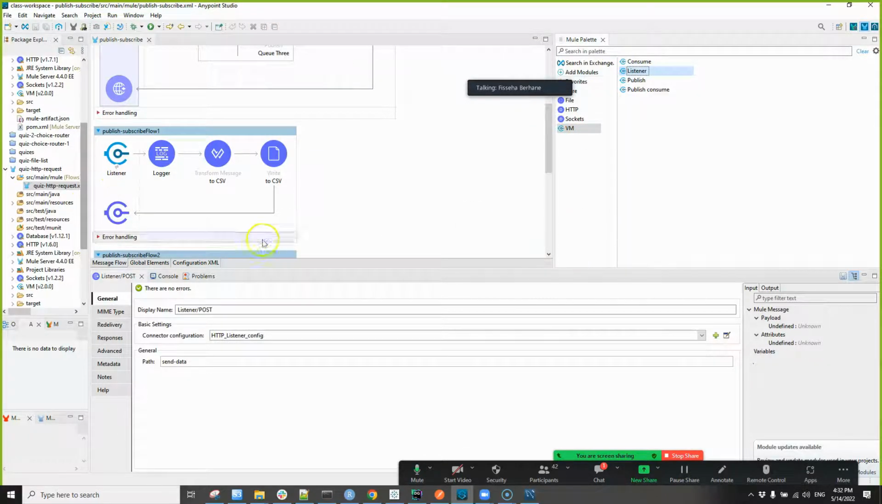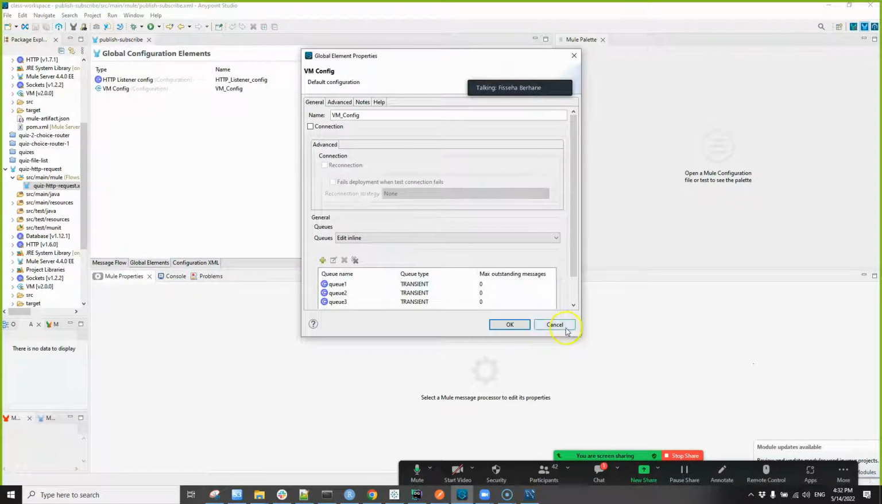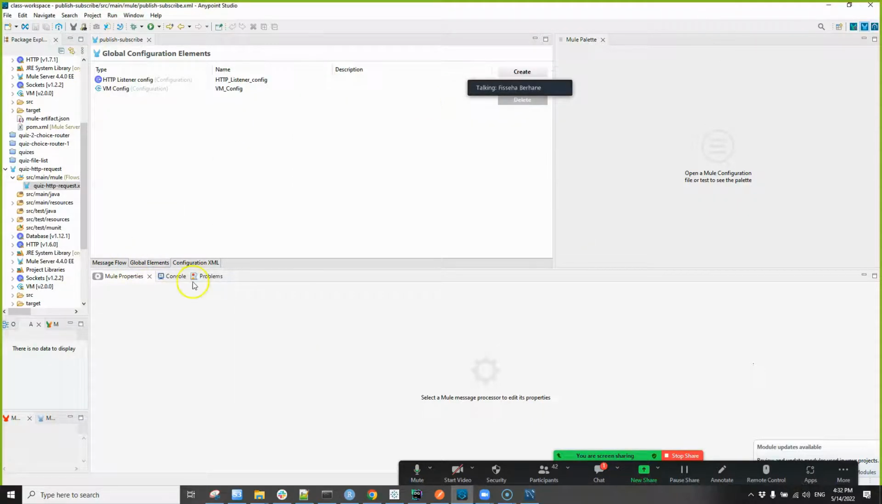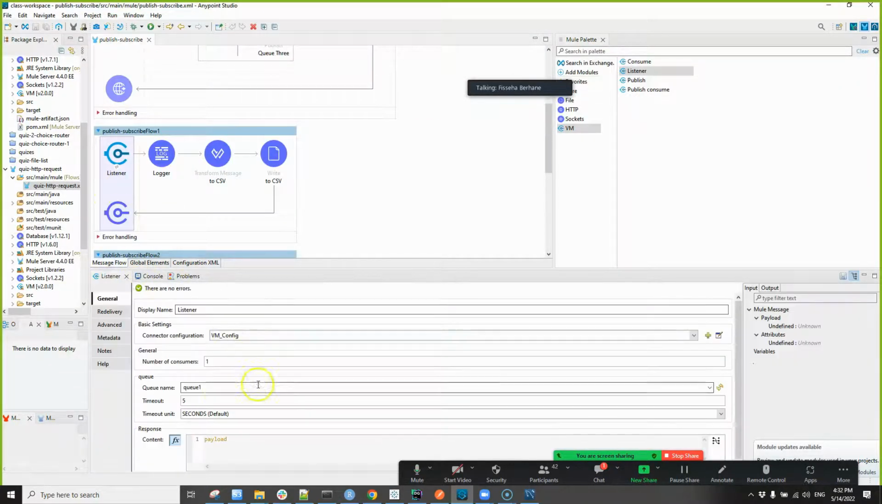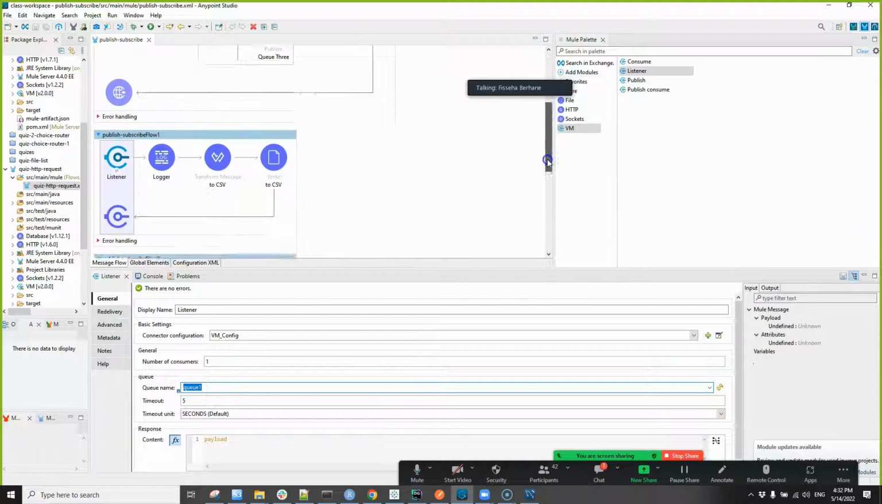If I click it here and see the connector configuration, I just selected this one. I'm telling it from this configuration, and explicitly I tell it to which queue to listen to. So this listener, I'm telling it to listen to Q1. When the producer sends data to Q1, get that data,